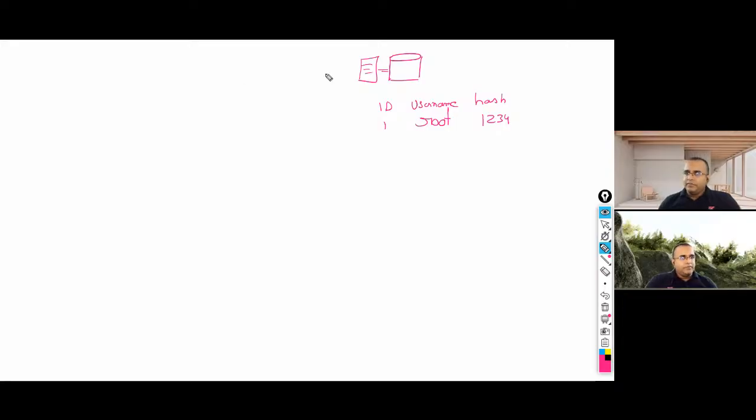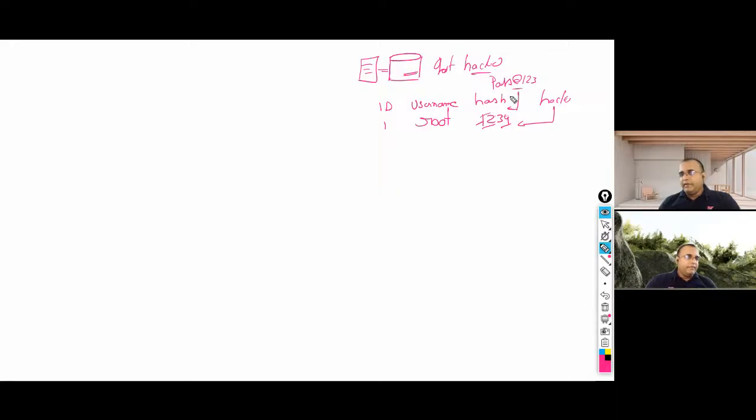So let's assume this database got hacked. The hacker has this table with him, but he can't do anything with it because he cannot read the hash. He does not know how. But remember, this is the hash value for the password pass at 123. The hacker does not know that.